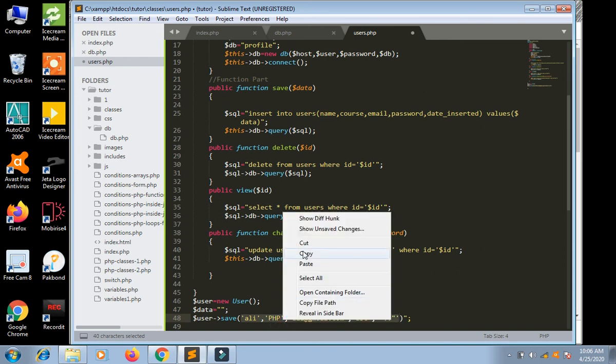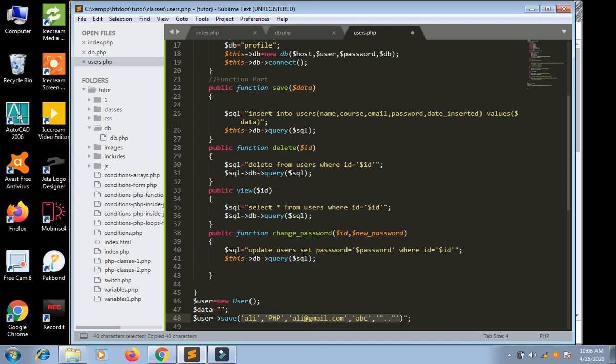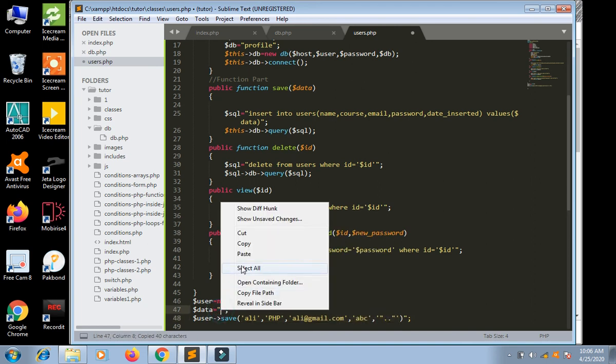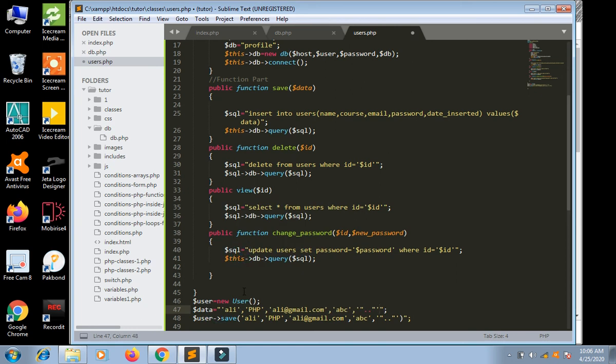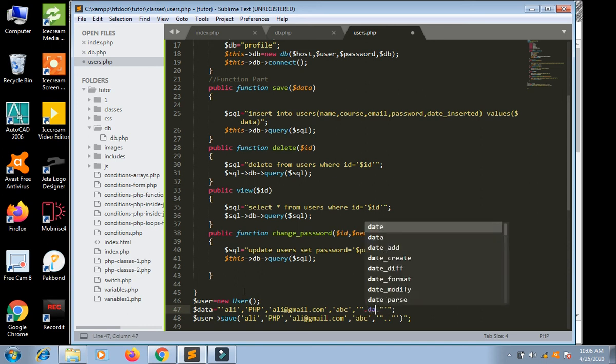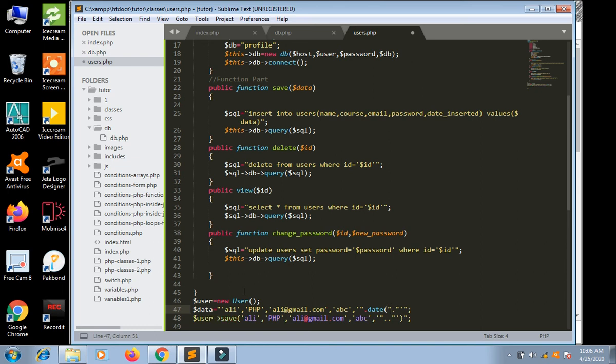I copy it and paste. Now this is the PHP function date, a simple date function, and that date will be d-m-Y.